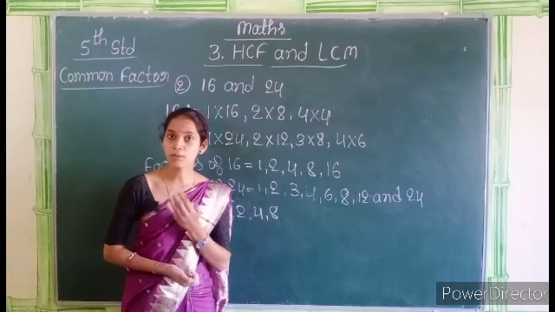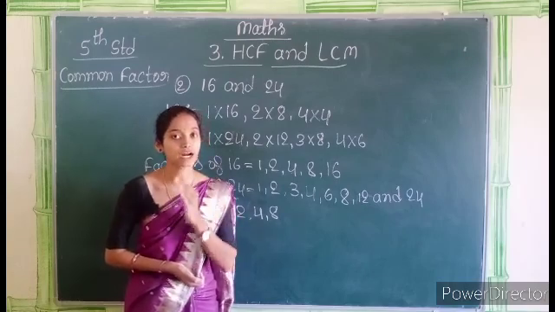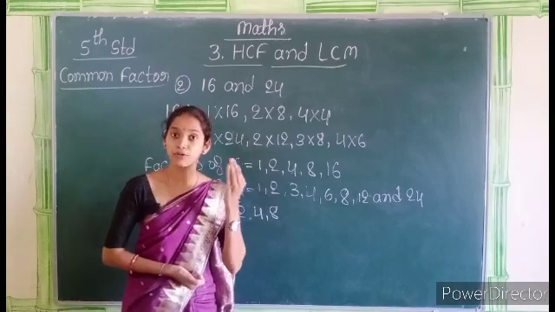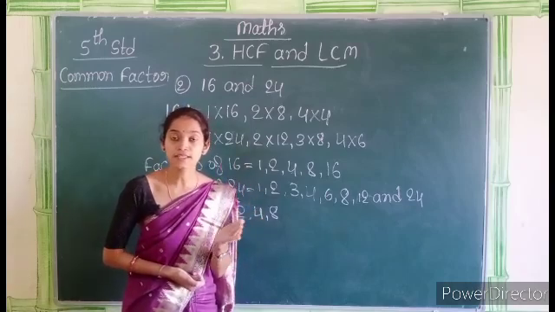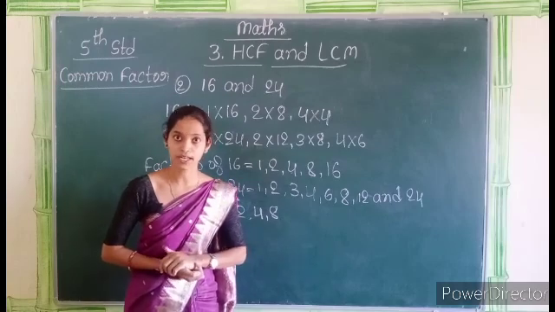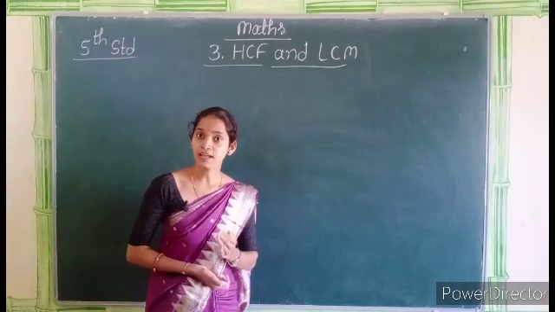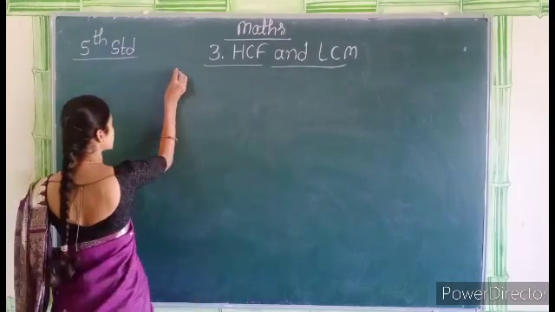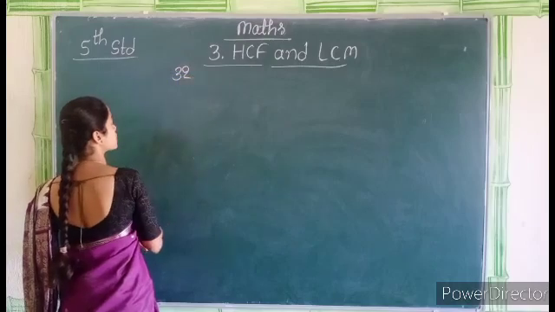To find out the common factor, first we have to find out the factors for given numbers. Then we have to consider the factors which are in common in all the given numbers. Okay, factors can be written another method also. Let us see how. Here I will consider 32.